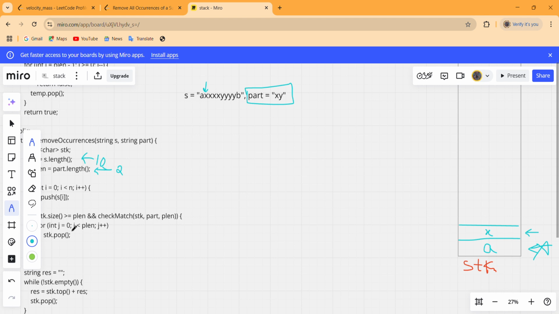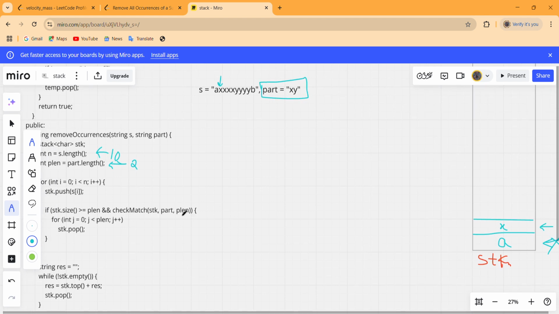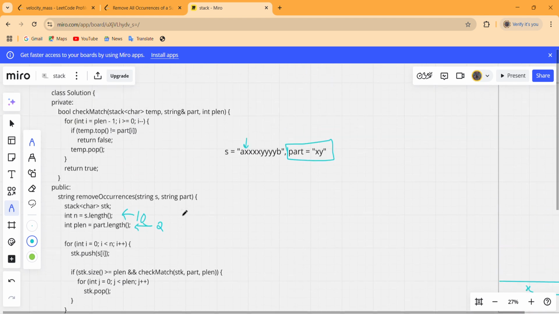Now this condition is true, and if this condition gets true, only then this will check this function. So let us see what this function is checking. This will pass our current stack to this part string and the length of this part string. We are passing our stack not by reference, so this will create a copy of this stack. That means another stack is created